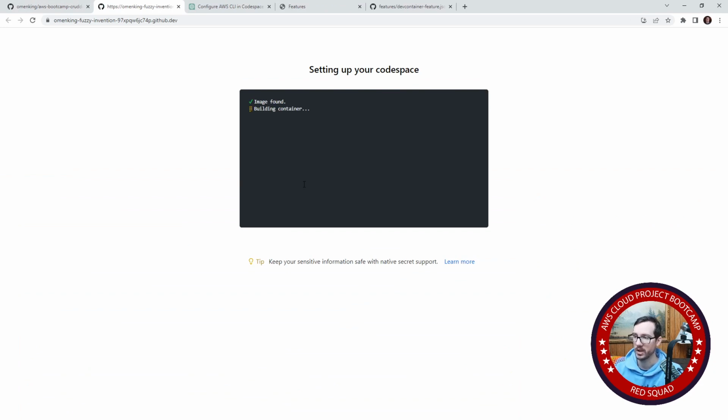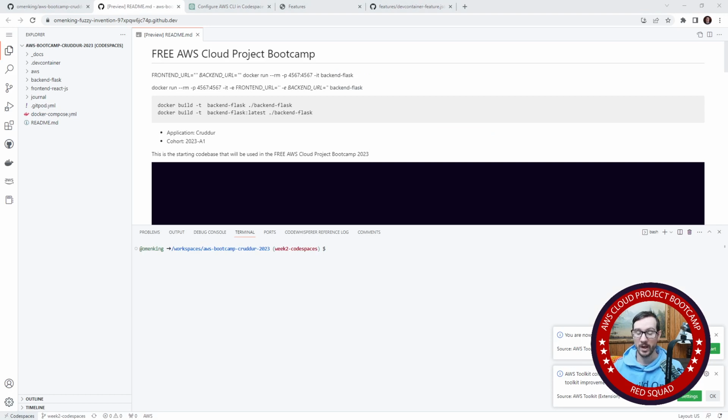So here it's building an image, it's building a container. We'll have to give it a moment here. I'll see you back here when this is done building, okay? Okay, so after waiting a little while, and that's what I mean when I say Codespaces is a little bit slower than Gitpod,